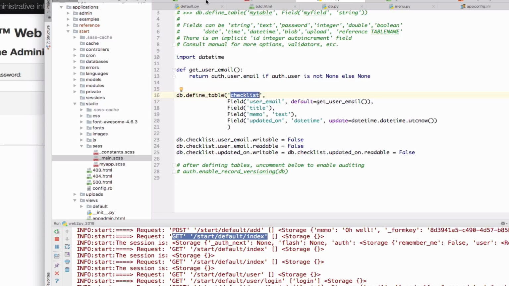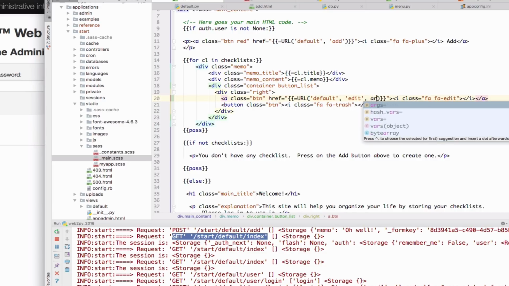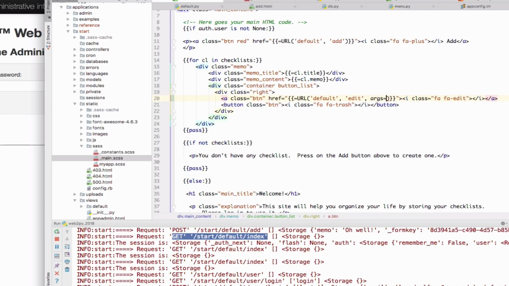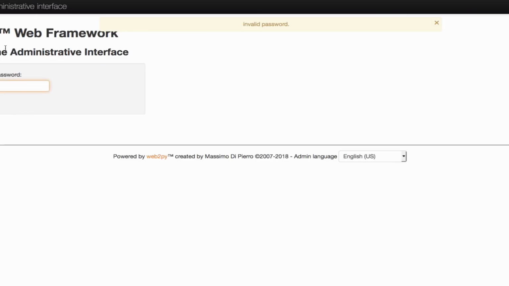Here I say the href is equal to a URL that is default, because I'm writing it, this is the default controller. I go to the edit controller, okay, and the arguments are going to be equal to the cl.id, okay. So if I do this and I reload this site,